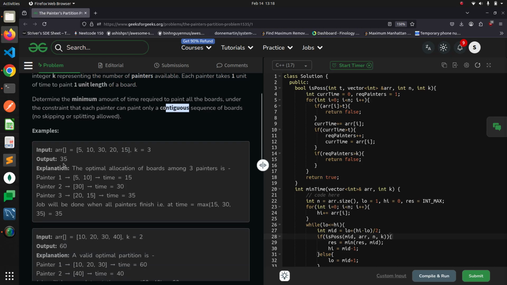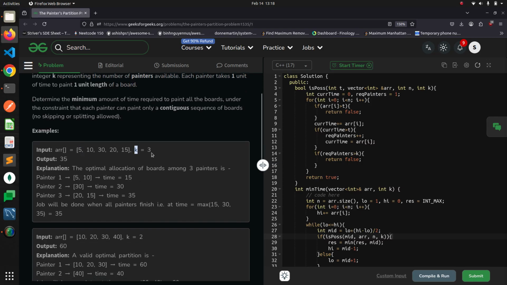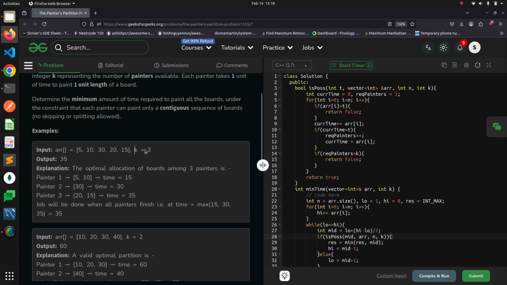So in this question we are given an array which denotes the boards, and each element of this denotes the length of the board, and we are given an integer k which denotes the number of painters available. We need to paint all these boards with these painters such that the time required will be minimum, and there is a condition that a painter can paint only contiguous